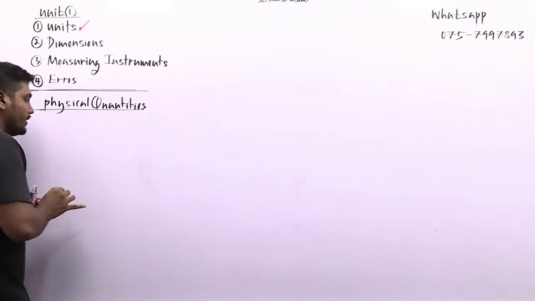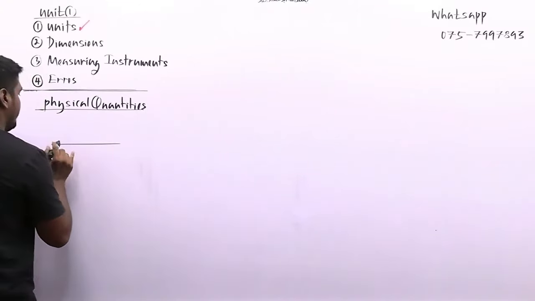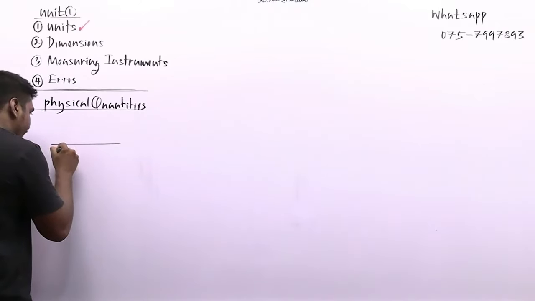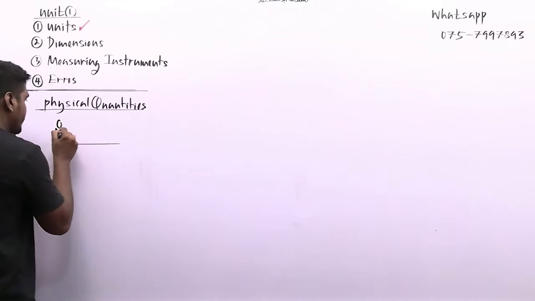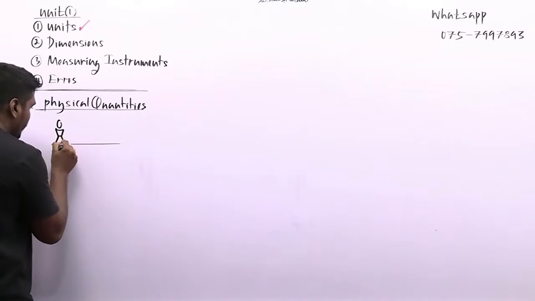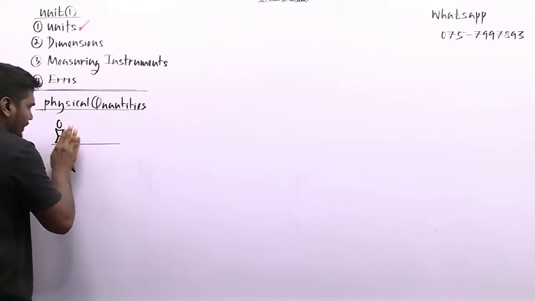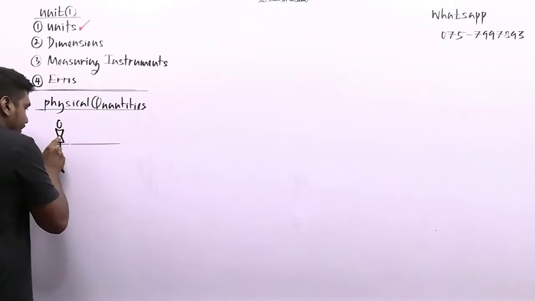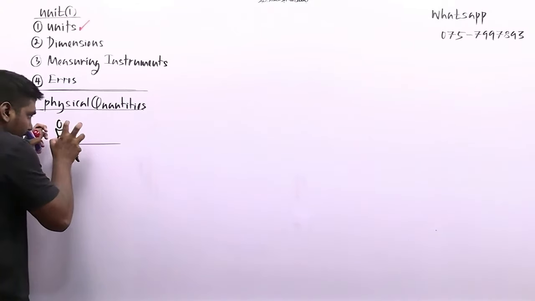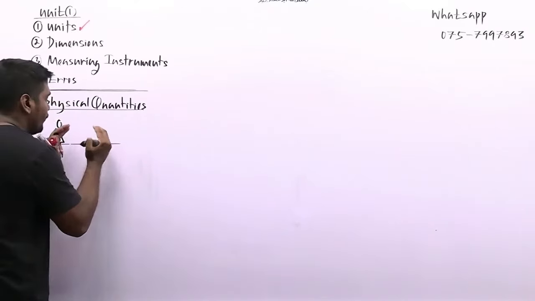For example, let's say there's a person. This person is standing at point capital E initially. Then you observe the person, and you understand this person is under motion. This person is moving. Earlier, the person was at point capital A. Now you are focused on the person. The person is moving.